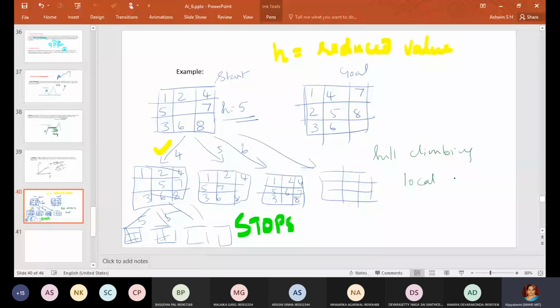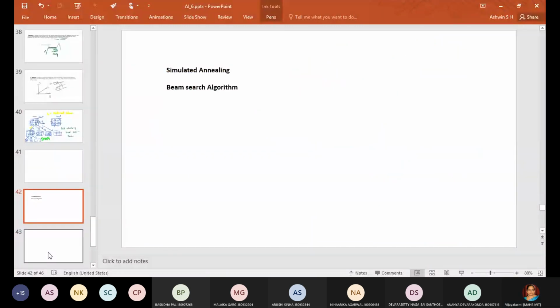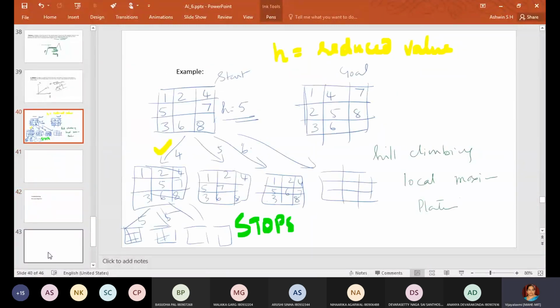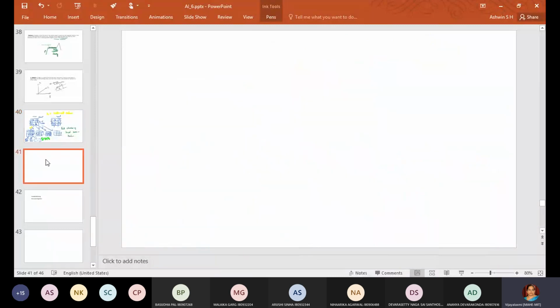It may get stuck at local maxima, or because of the plateau, it will not give you the solution. And then what else do I have to cover today? That's all about the simple hill climbing algorithm. The algorithm, if I have to give you, is just like this.